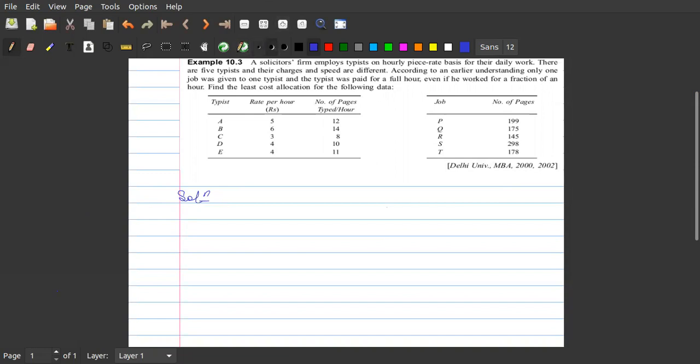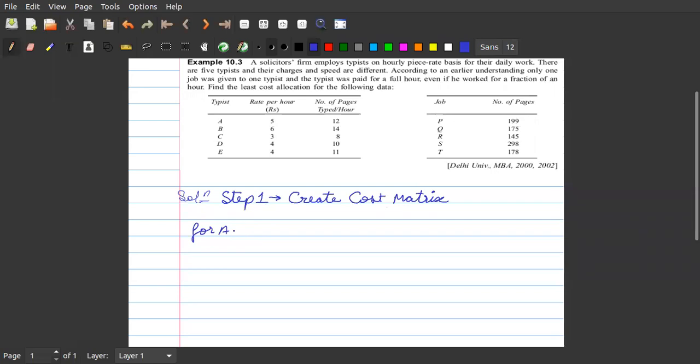For the solution, step one is to create a cost matrix. Now, how to create a cost matrix?